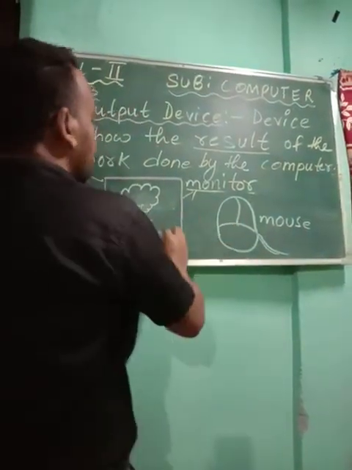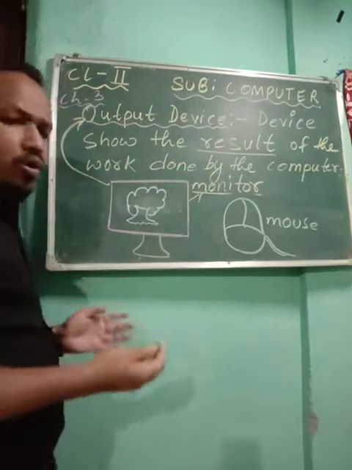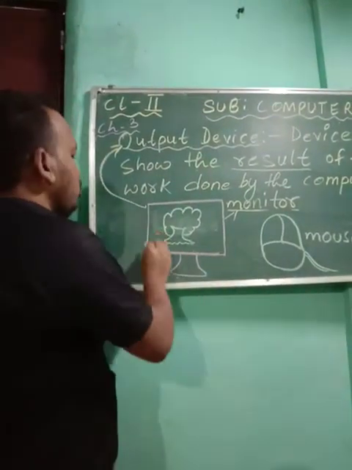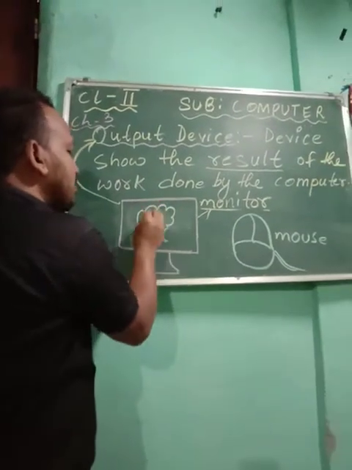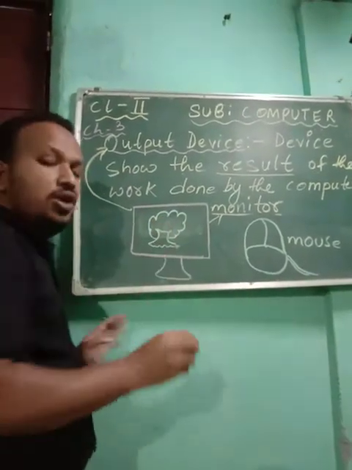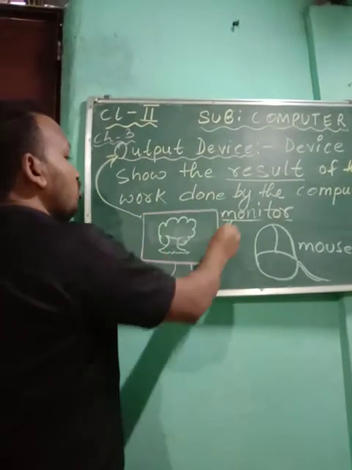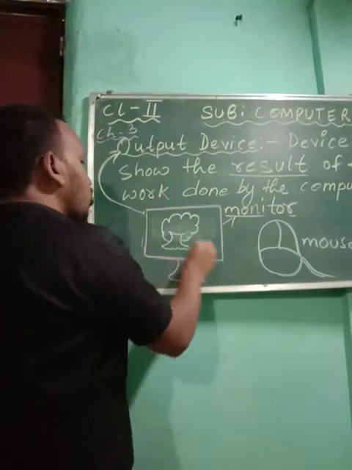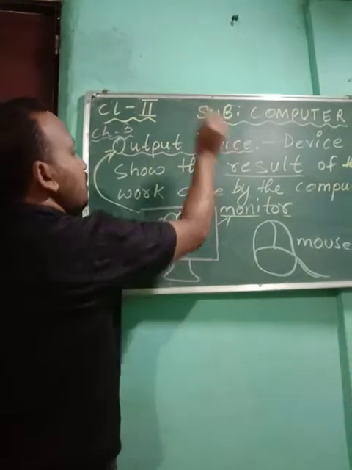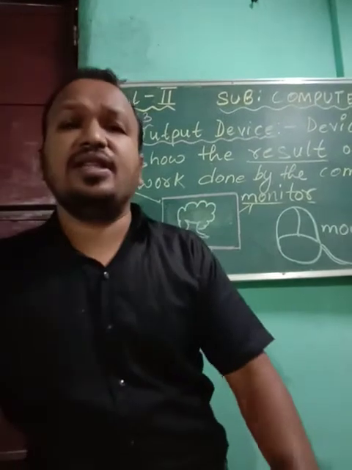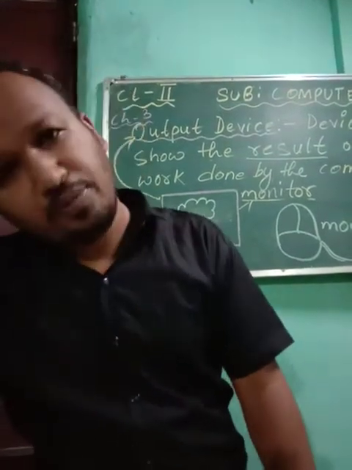And when you made a drawing, you see the result. Where is the drawing shown? Directly on a piece of paper? No, it is shown on the monitor screen. That means this monitor screen is giving you the result. You have made the drawing, and you see this drawing shown on the monitor screen. That is why this monitor is called an output device. So an output device shows you the result, the work which is done by the computer.